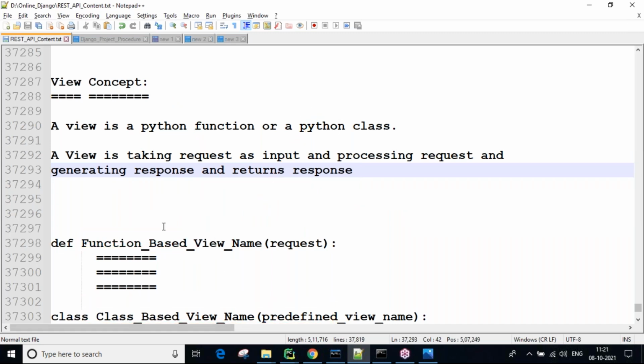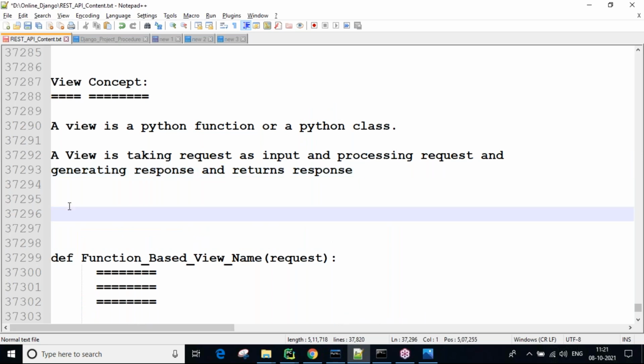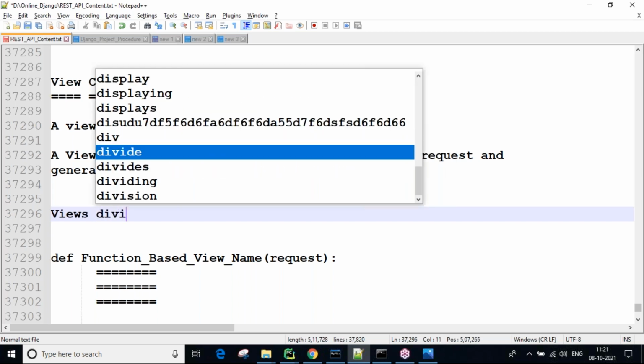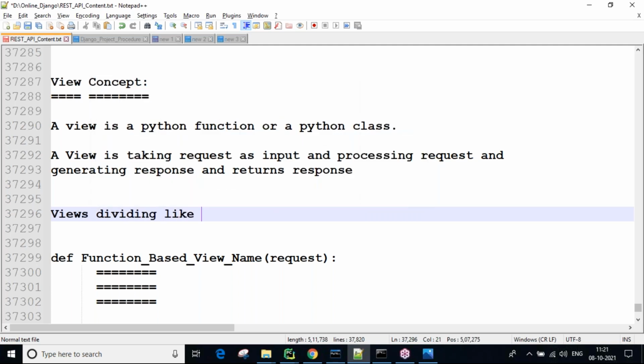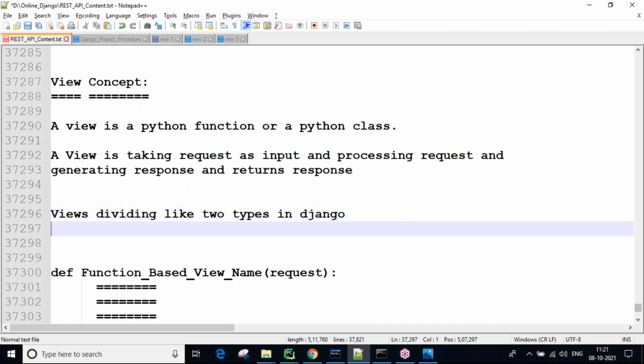Now here, views are divided into two types in Django.